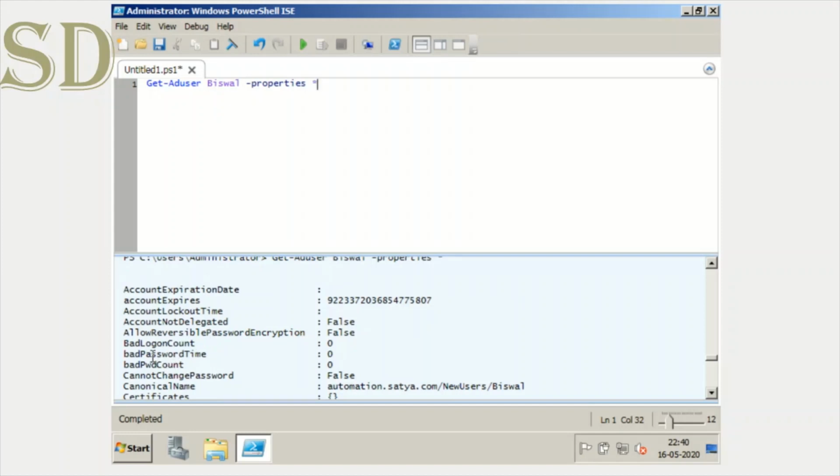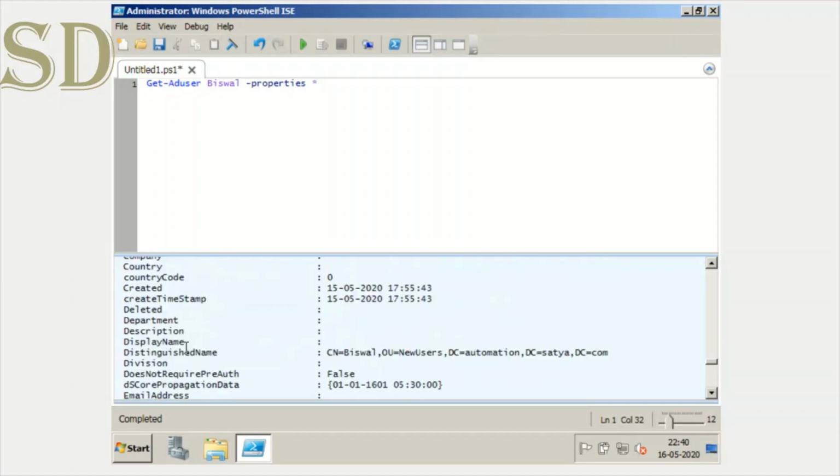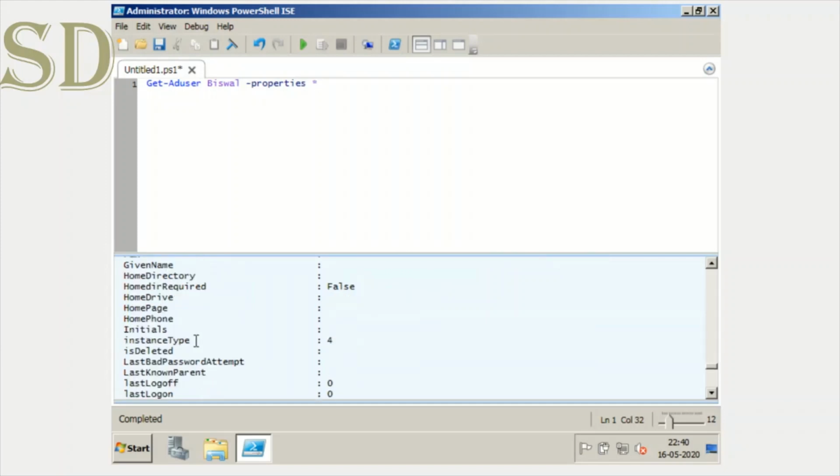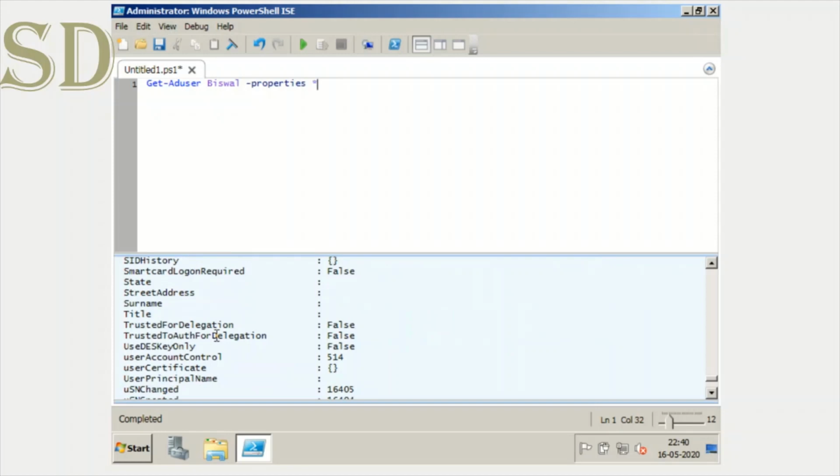All these things: bad logon count, bad password time, bad password count, when this account was created, the company, the address, the home drive, the phone number, the surname, street address, state, user principal name, and title, if the user has any designation in your company.